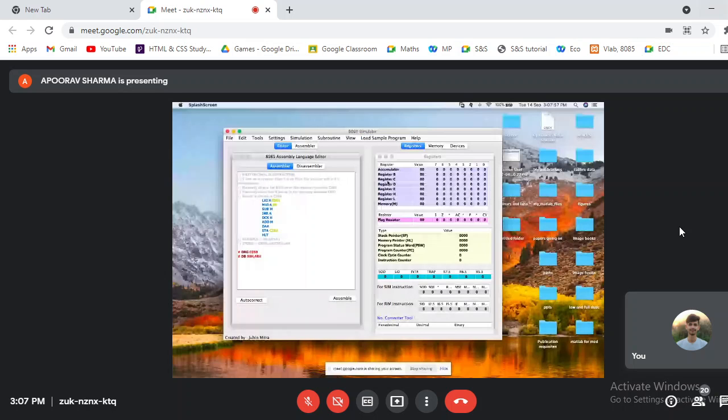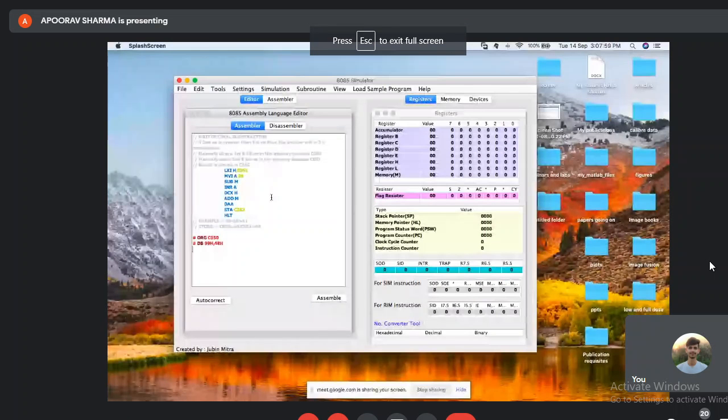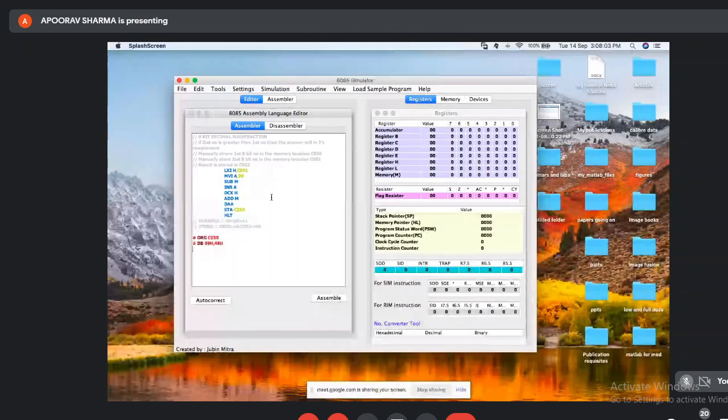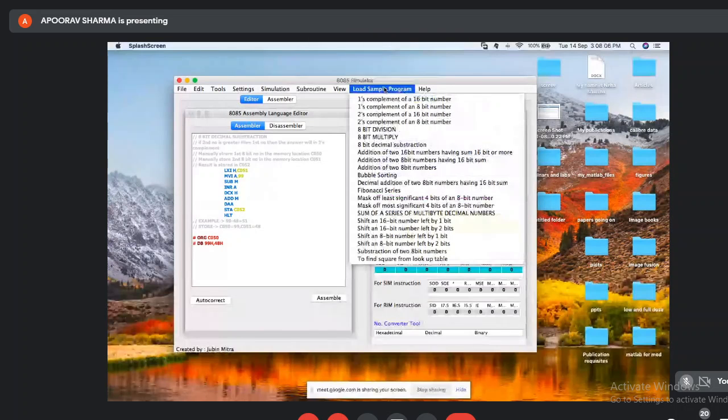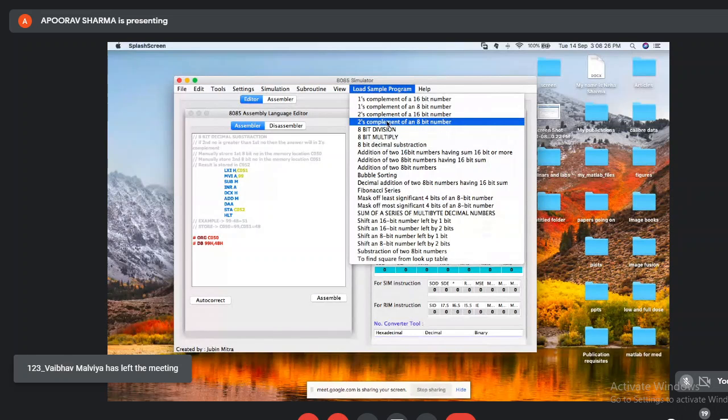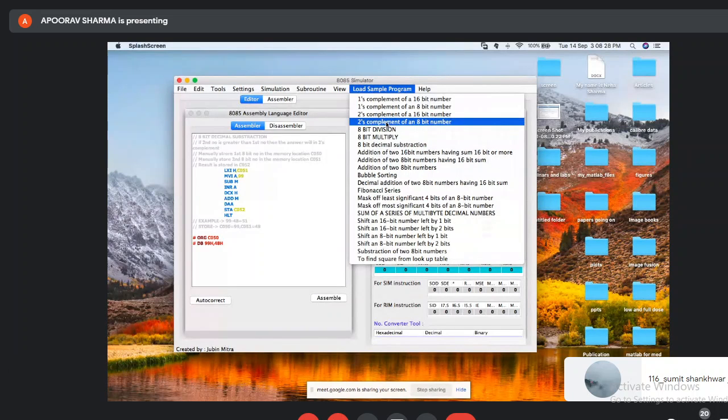बाद अब हम देखेंगे सब्ट्रैक्शन का प्रोग्राम। ओके, मैंने लोड किया है ये, ठीक है। 8 बिट डेसिमल सब्ट्रैक्शन है ये वैसे तो, ठीक है, बट 8 बिट हम फिलहाल के लिए वो करेंगे। 8 बिट डेसिमल सब्ट्रैक्शन, 8 बिट डिवीजन, 8 बिट मल्टीप्लाई, 2's complement of an 8 बिट नंबर, और ठीक है, जैसे सपोज